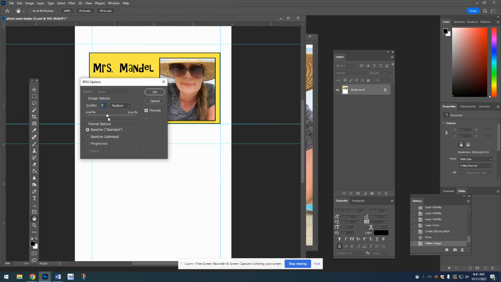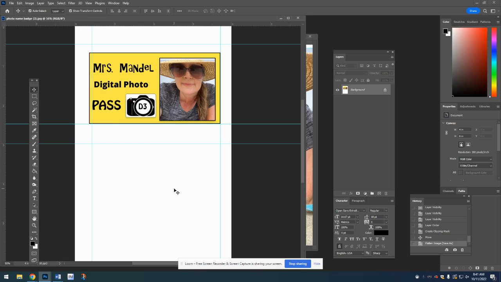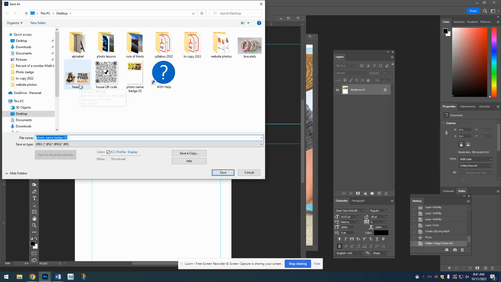See how it has low quality, medium. It usually defaults to 10 or higher. And then that's where it is. To print your photo badge, you will need to save this onto a flash drive as well. So I'm going to give you a flash drive. Again, you can go to File, Save As, and I'll put a flash drive in my computer right now,